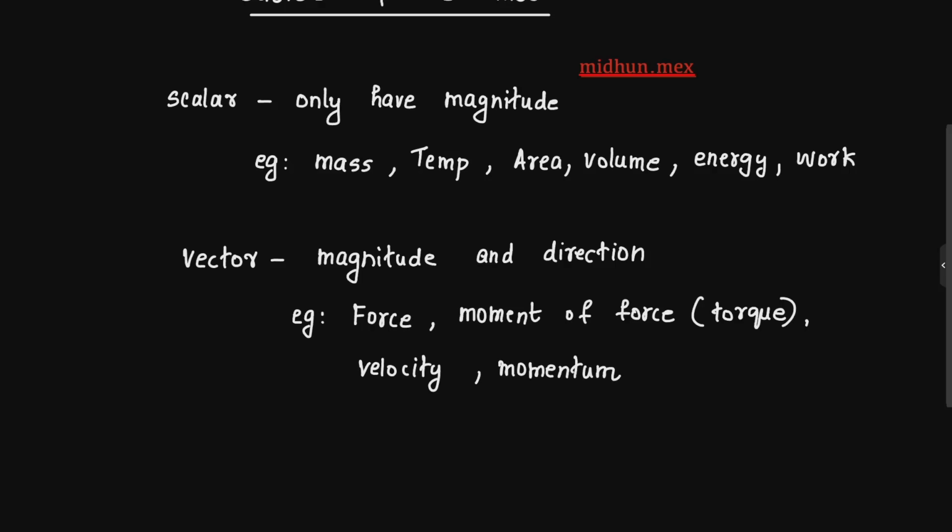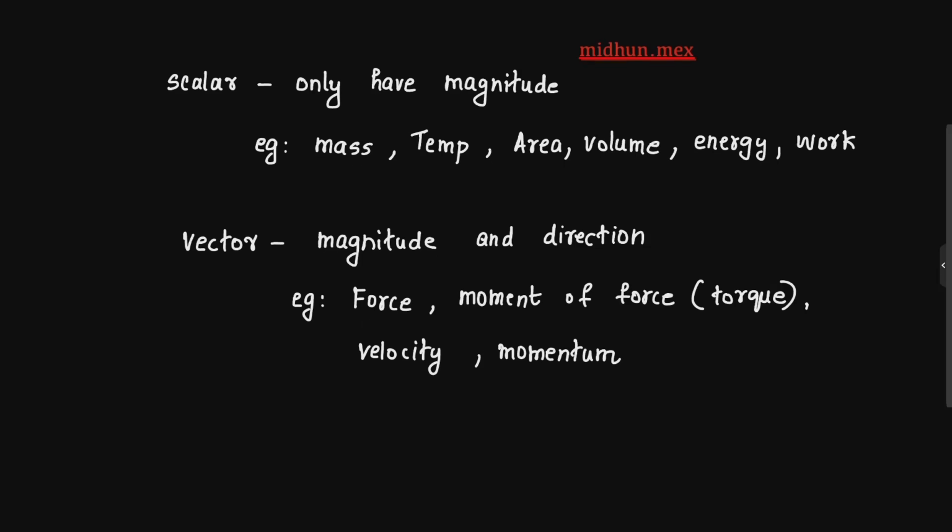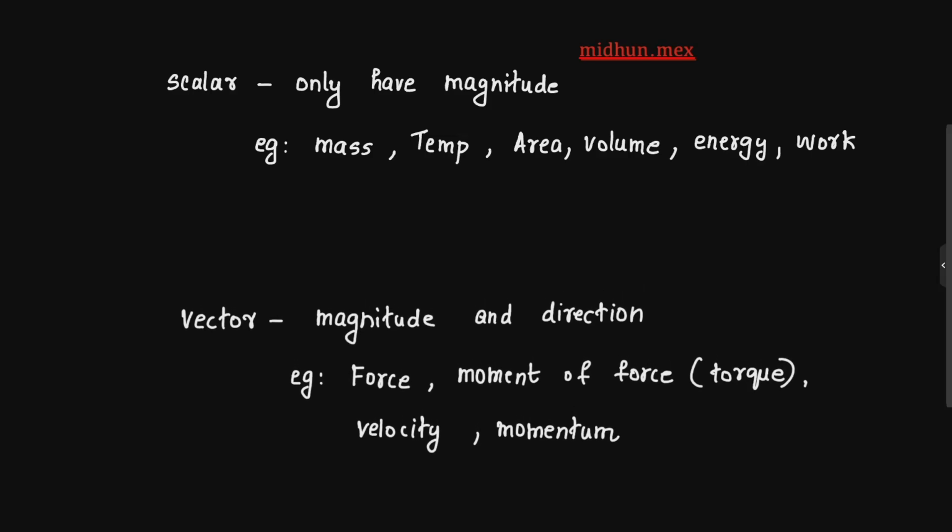Okay, so this is the fundamental definition we used to study in plus 1 and plus 2: scalars have only magnitude, vectors have magnitude and direction. But actually here we should change this perspective a little bit. Then only we can study engineering mechanics clearly. Our perspective is that vectors as well as scalars don't have to do anything with the direction idea. Fundamentally, scalar quantities are quantities which obey normal mathematical operations.